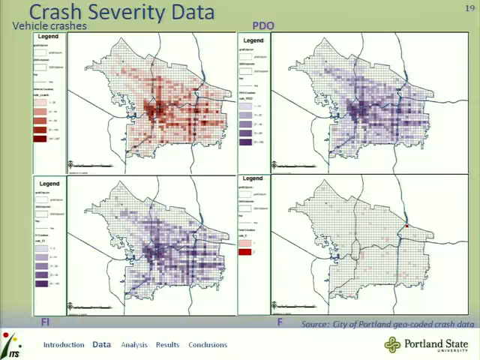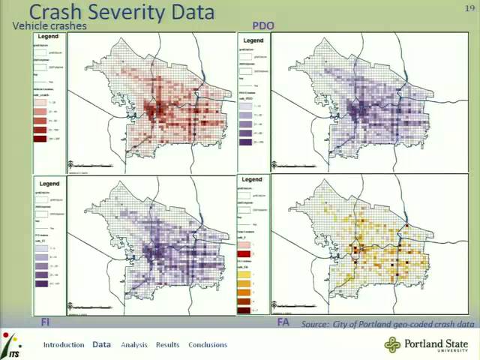And then I looked at just fatal, which fortunately are fairly low. We only had one cell that even had 2 fatalities, out where 205 is leaving the city limits. And it turned out to be too small a data set to do modeling on. So I combined the fatal with the injury level A, which is the incapacitating injury. And you see a little bit more of some patterns emerging of where there may be problem areas for those types of crashes here in Portland.